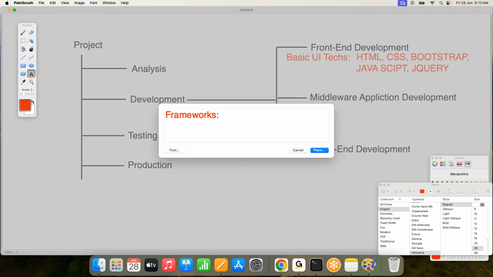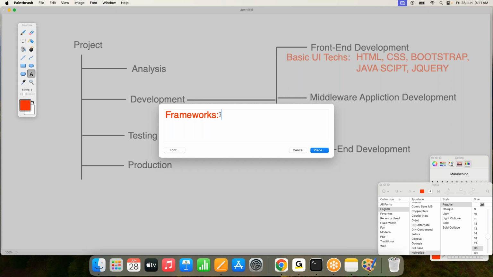Without frameworks, if we prepare the application, it may take 5 years of time. With the frameworks, if we develop the application, it may take 2 years of time. The total development work will be reduced, and the developer's work is also reduced. When the developer's work is reduced, automatically development time is also reduced. So a framework is a tool which helps us simplify application development.